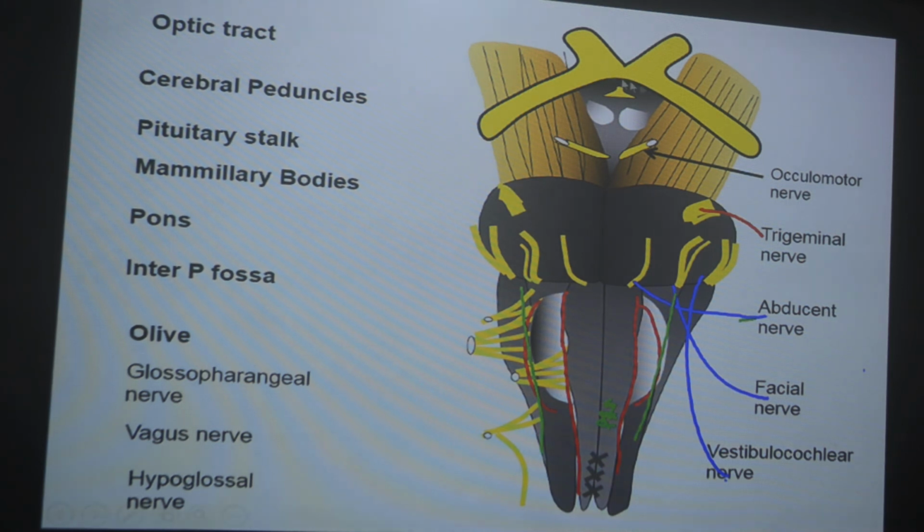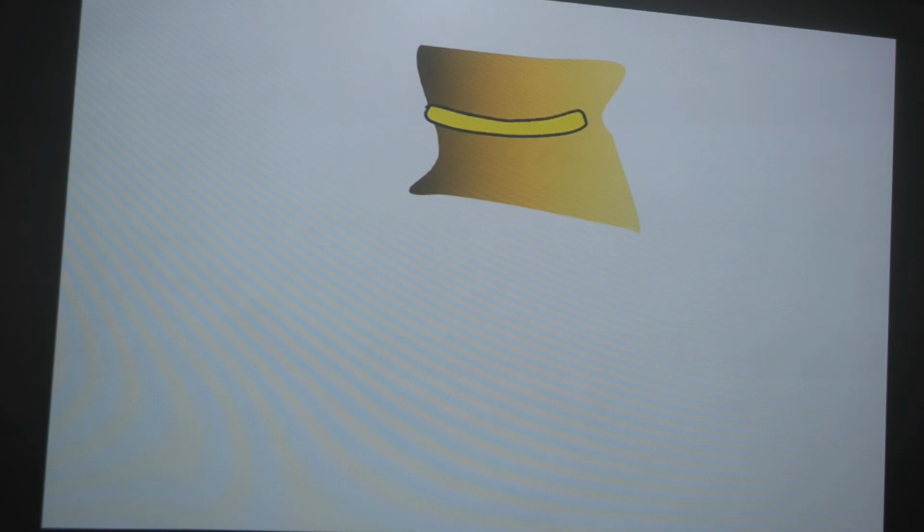So you can see the parts of the 2nd cranial nerve, but the 2nd cranial nerve is not coming out from the brainstem. So you need to remember that the nerves which are going to come out from the brainstem are from 3rd to 12th. The first 2 cranial nerves are not going to come out from the brainstem. But you can see part of the optic or the 2nd cranial nerve which is in front of the cerebral peduncles. So there is an optic chiasma formed here, and then you can see the optic tracts which are curling around the crus cerebri or the cerebral peduncle and going back to the occipital lobe. Now if we look at the brainstem from the lateral aspect,